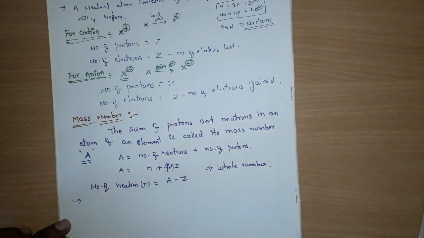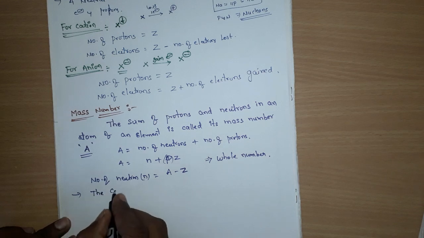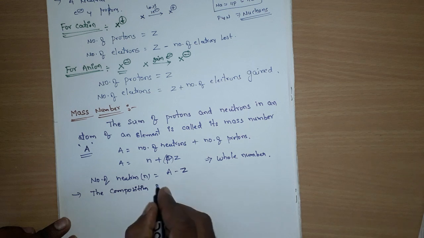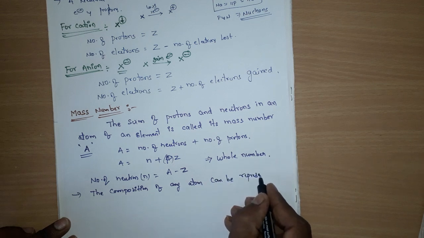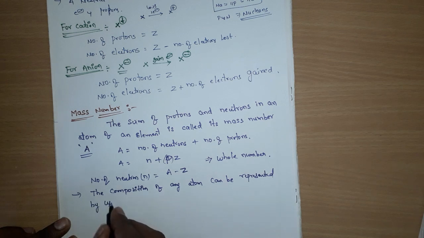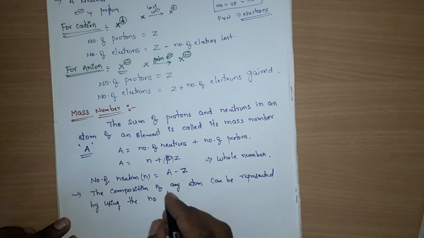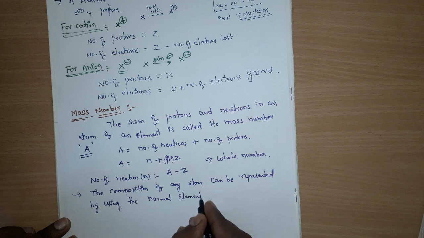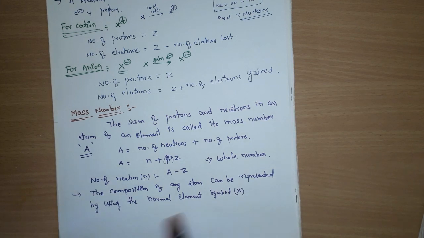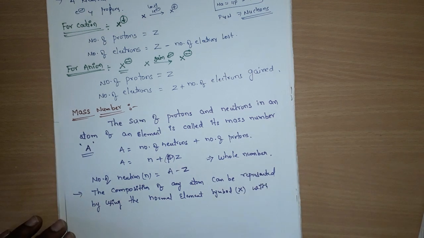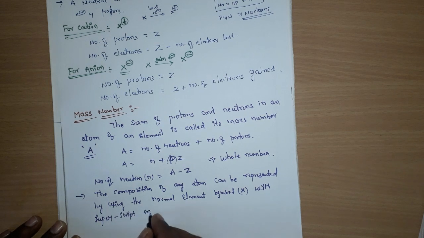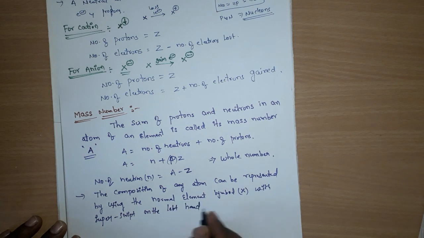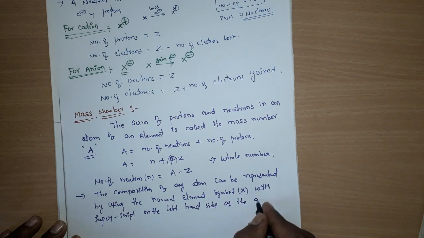Next, the composition of any atom can be represented by using the normal element symbol, that is X. Here X represents the symbol of the element, with a superscript on the left hand side as the atomic mass number,